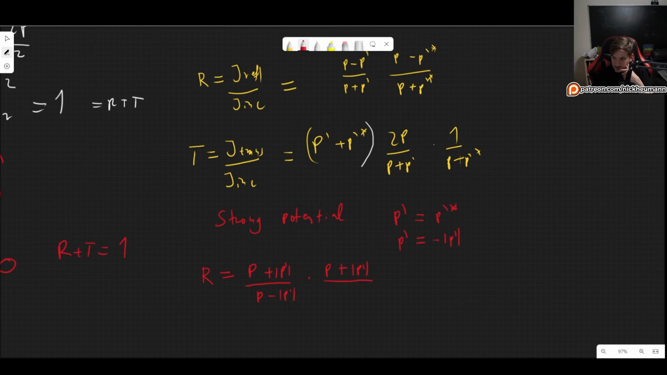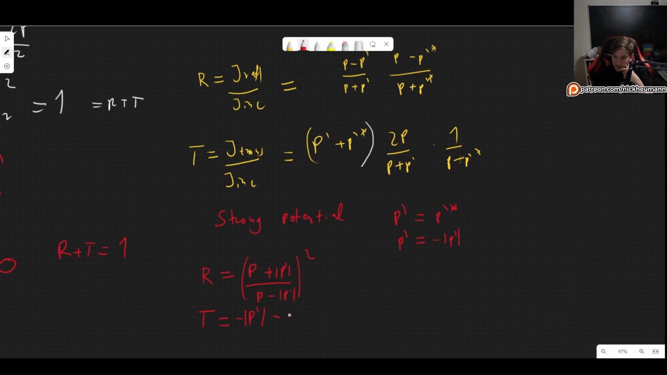And then we have, well, it's going to be the same as here. So there we go. So this is simply P, actually, I'm just going to do it faster. This is just this thing squared, much faster. So this squared. Now for the transmission coefficient, we have, let's see, P prime, which is minus the absolute value